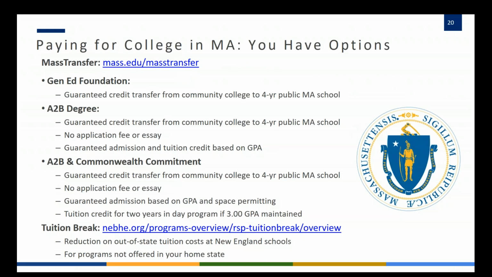In addition to searching for scholarships to try and save a little bit on that college bill, here in Massachusetts, we have amazing public colleges and universities, community colleges that students can look to as that may be a more affordable option. Maybe starting out at a community college for a couple years, getting their associate's degree. If they get a 3.0 while they're in community college, they will actually get a tuition credit for 2 years towards their state university that they may apply to or transfer to. So that's the state's Commonwealth Commitment.